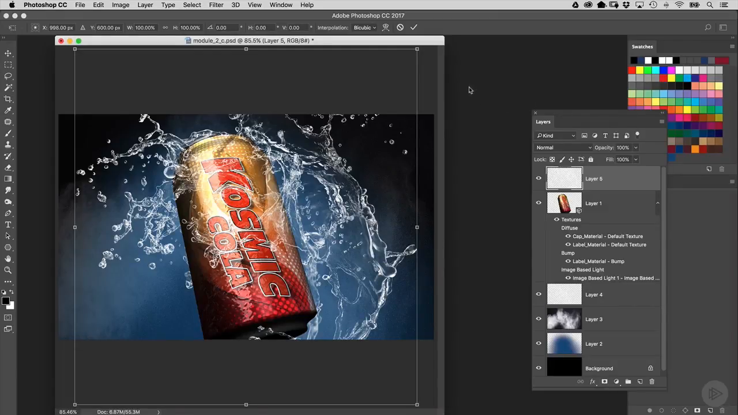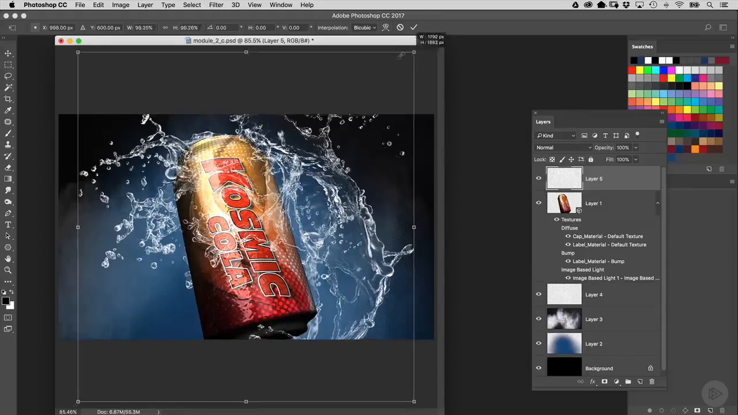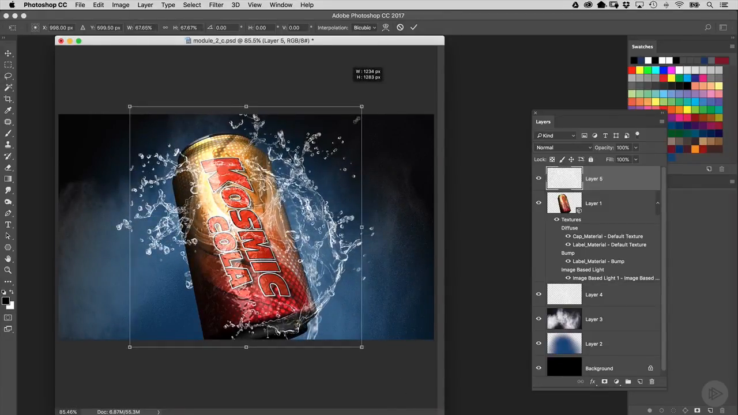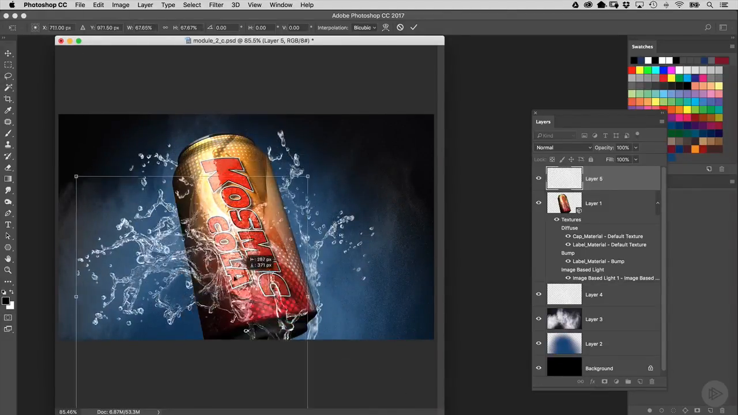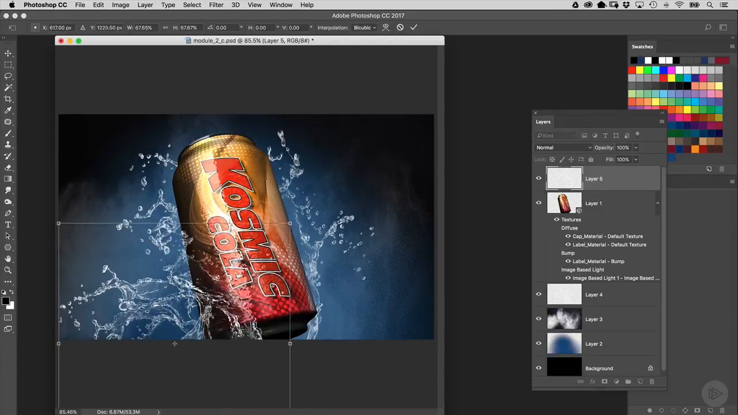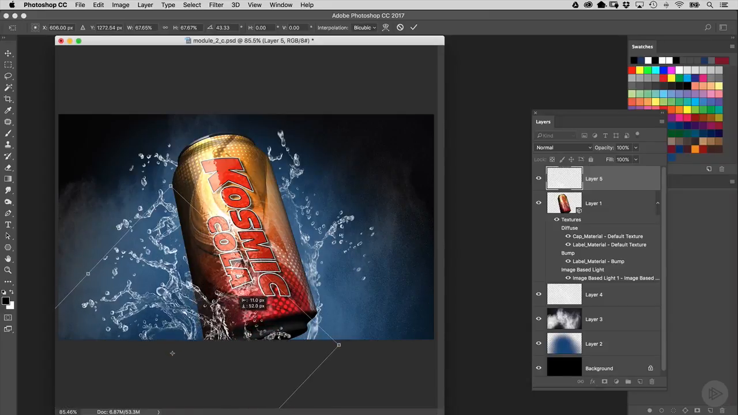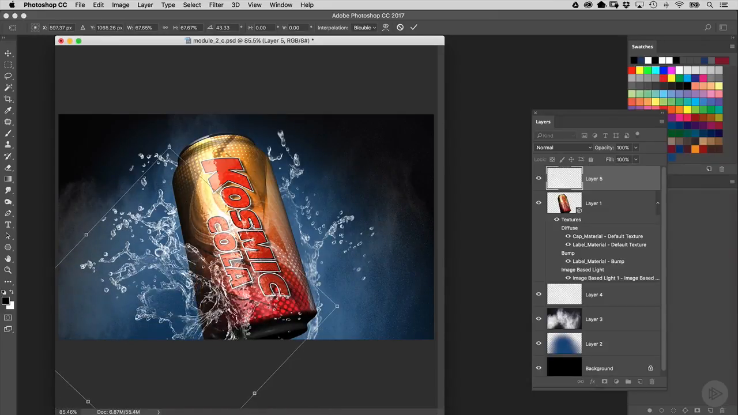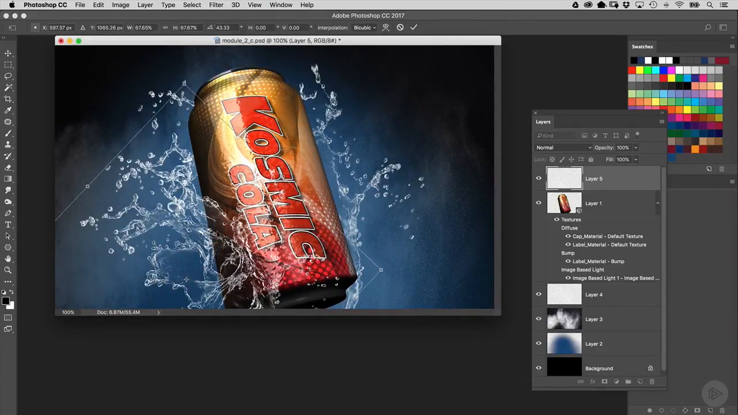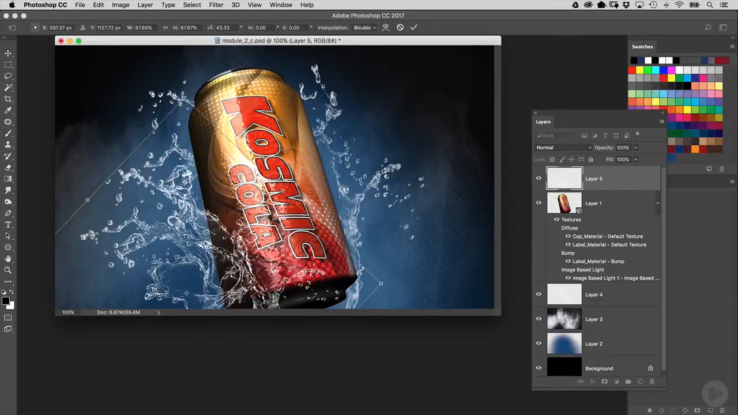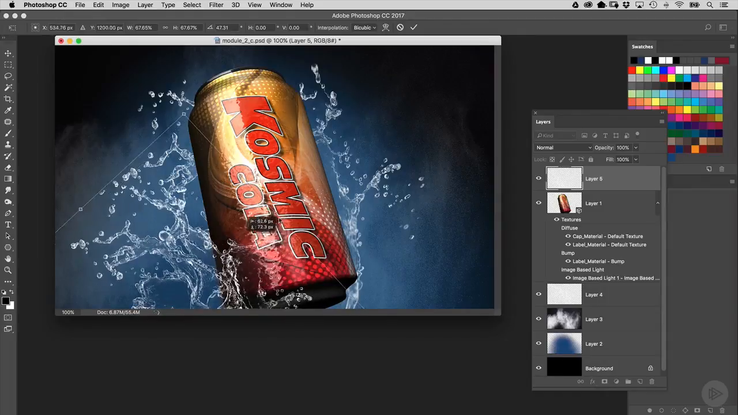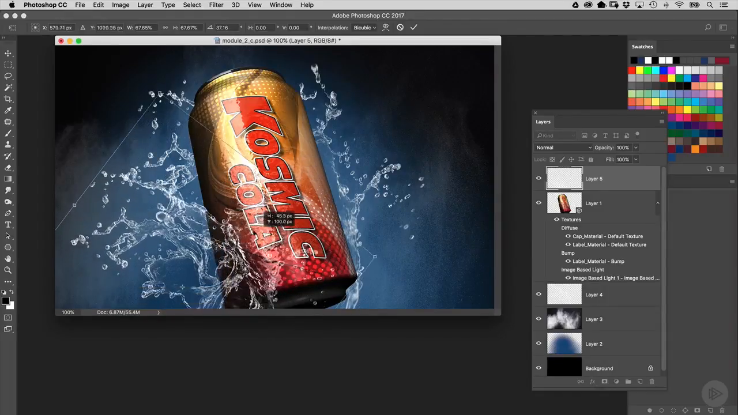I'm going to start by scaling it down a little bit. So I'm going to hold down Shift and Option and grab a corner handle here. Let's just scale the splash element down a little bit. And let's position it right down here. And I'm actually going to rotate it a little bit. And you'll notice, as you look at the splash, that the movement of the water right in this area here, let me get a little bit closer. So right around here, you'll see that can play nicely into the side of the can here. So I'm going to position this right here